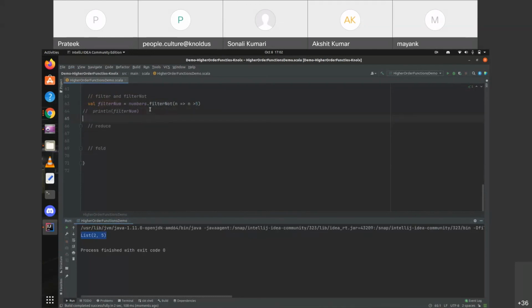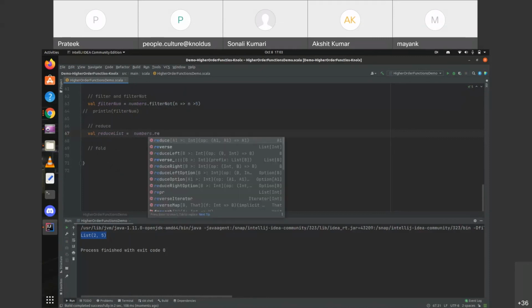So let's quickly see the examples of reduce and fold as well. They are quite similar. So, reduce list. We are using the same numbers list, which is of type list of integers.